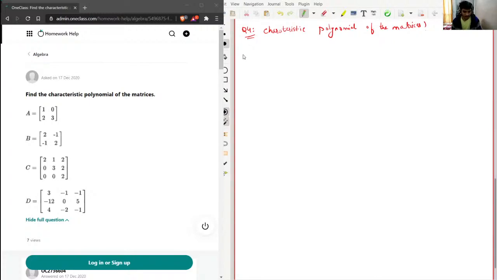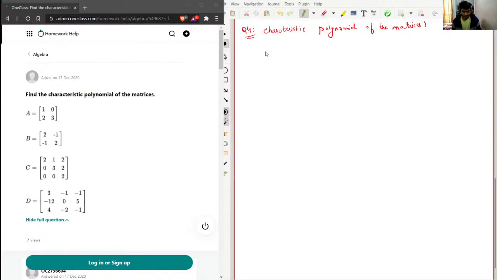procedure. If you have heard the term eigenvalues or eigenvectors, then the characteristic polynomial equation of a matrix is basically used to find eigenvalues and vectors. And if you haven't heard the term eigenvalue, eigenvector, it is a very common term in physics and in engineering. So on a daily basis we calculate eigenvalues of matrices or vectors, and so to find the characteristic equation, what